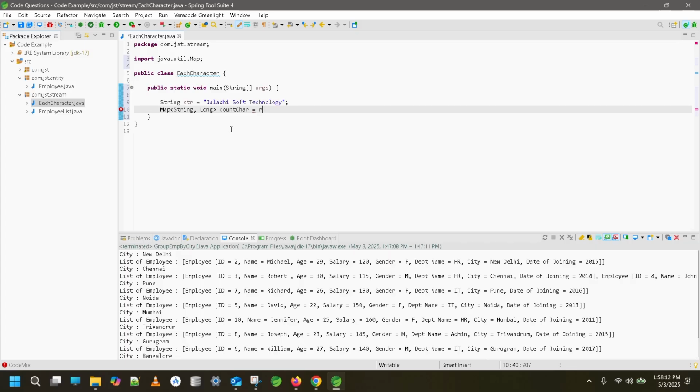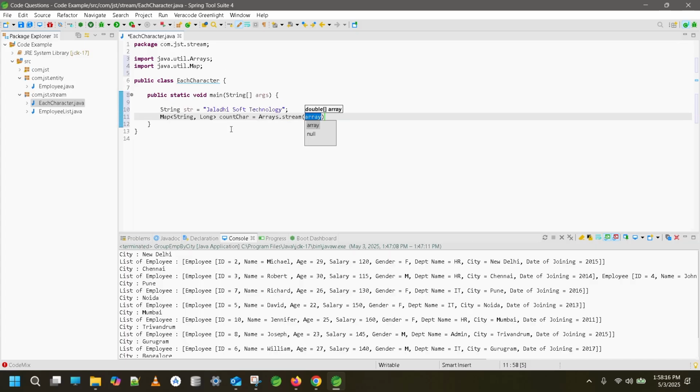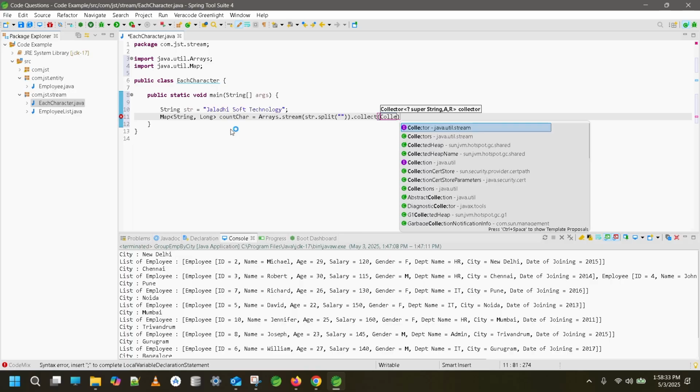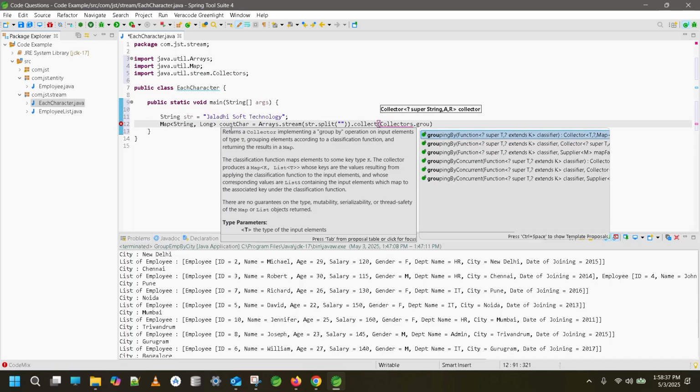Here we need to write Arrays.stream, and we need to pass str.split. This is a split, then collect. Here we need to write Collectors. We need to write Collectors.groupingBy